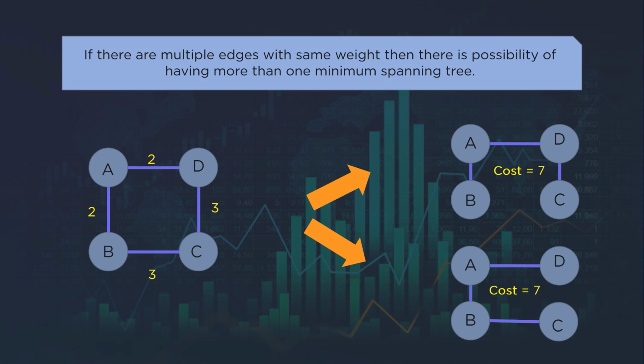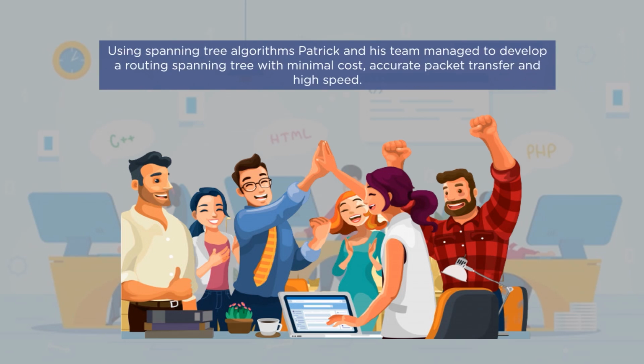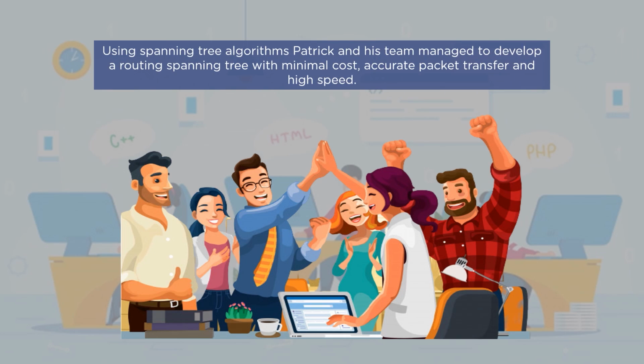Now that you understood what a spanning tree is, you would have also understood how it proves to be an effective solution, and that is exactly how Patrick from our story solved his network issue. In a few days, Patrick and his team changed the naive routing into the minimum spanning tree routing. Now, the routing paths are managed by a minimum spanning tree to maintain cost effectiveness and to avoid any looping